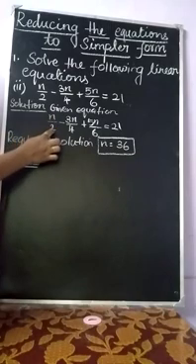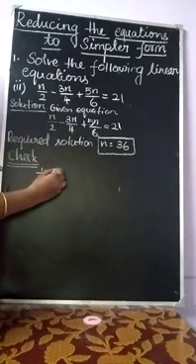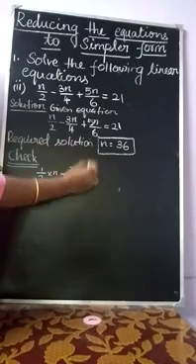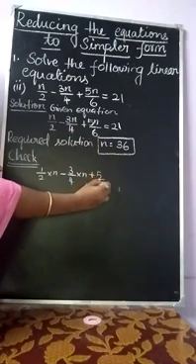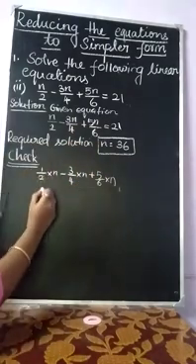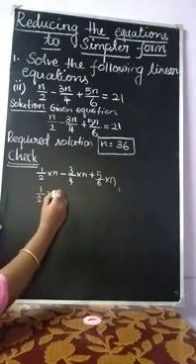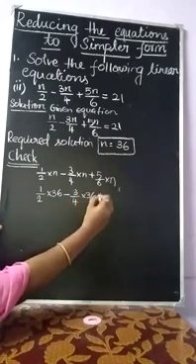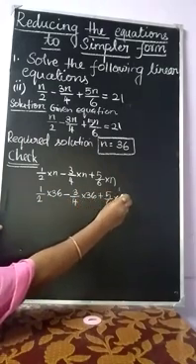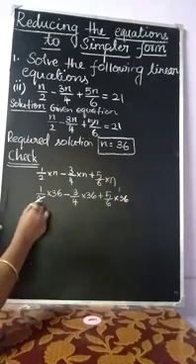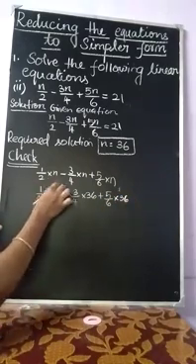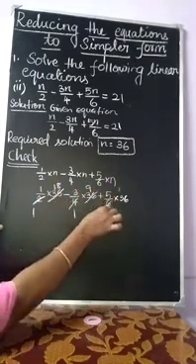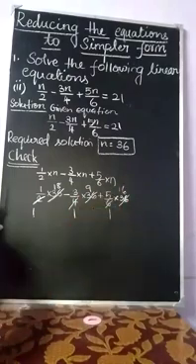So how can we write n by 2? 1 by 2 into n minus 3 by 4 into n, the same 5 by 6 into n. What is our n value? Actually 1 by 2 into 36 minus 3 by 4 into 36 plus 5 by 6 into 36. We check the answer. 2 1s are 2, 2 18s are 36, 4 1s are 4, 4 9s are 36, 6 1s are 6, 6 6s are 36. We have to cancel the values.